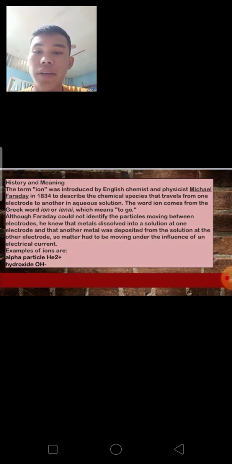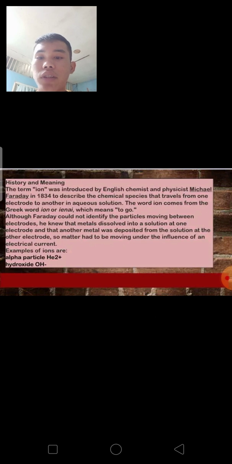Although Faraday could not identify the particles moving between electrodes, he knew that metals dissolved into a solution at one electrode and that another metal was deposited from the solution at the other electrode. So matter had to be moving under the influence of an electric current. Examples of ions are the alpha particle, He2 plus,